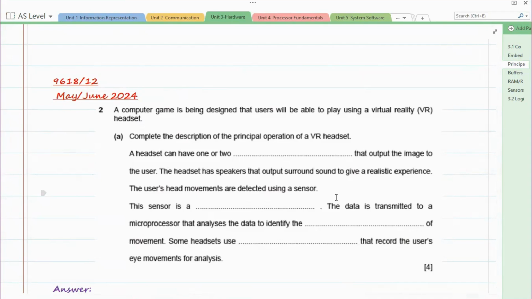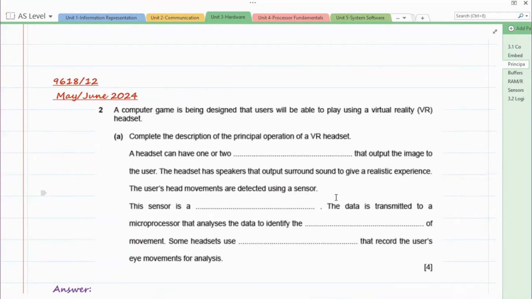The user's head movements are detected using a sensor. This sensor is a blank. The data is transmitted to a microprocessor that analyzes the data to identify blank of movement. Some headsets use blank that record the user's eye movements for analysis.